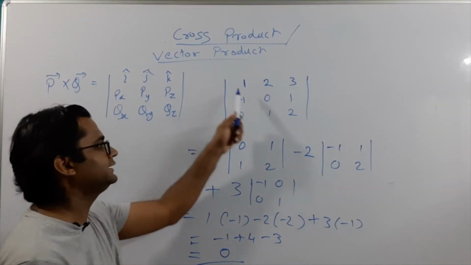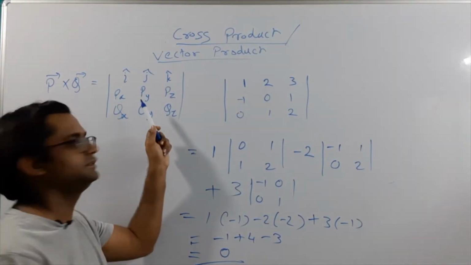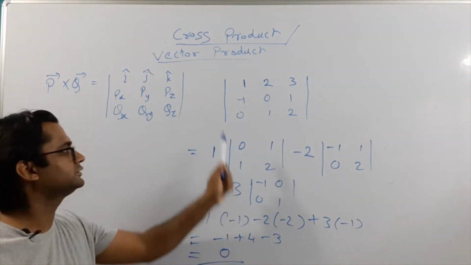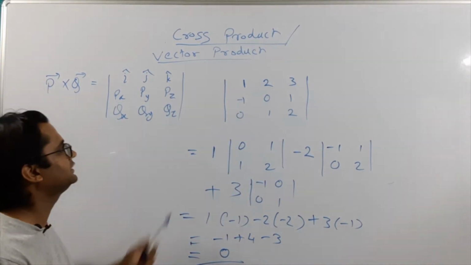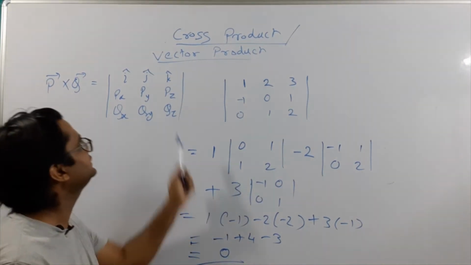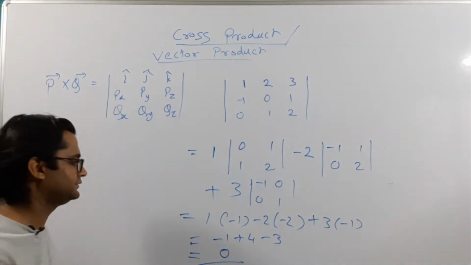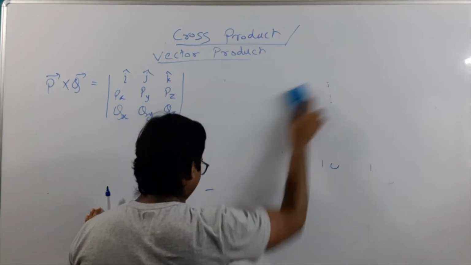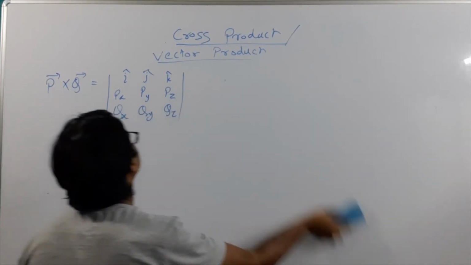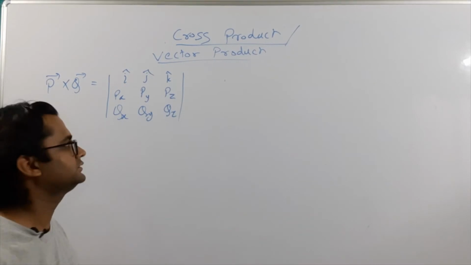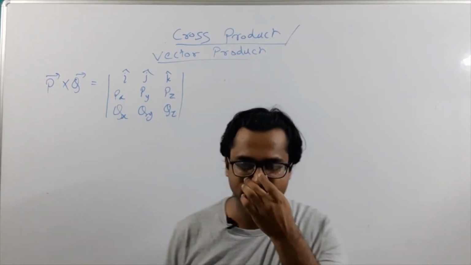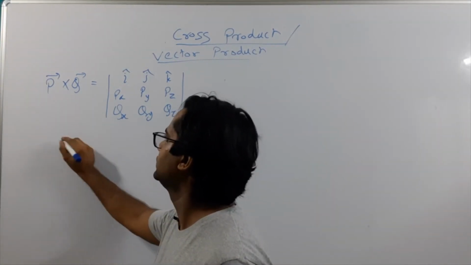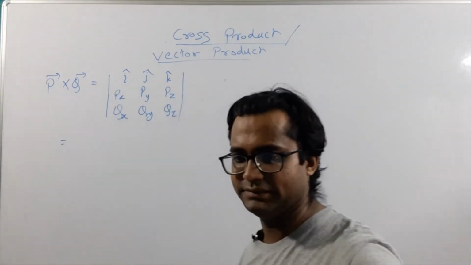Okay, so why I have taught you this: since we have to prove this for cross product, we should know what a determinant is and how to solve a 3 by 3 determinant. So let us solve in the same way. Let us expand the cross product of P and Q. Then we'll understand what we have to prove here. We'll find some equation that we have to prove. So let us expand this.